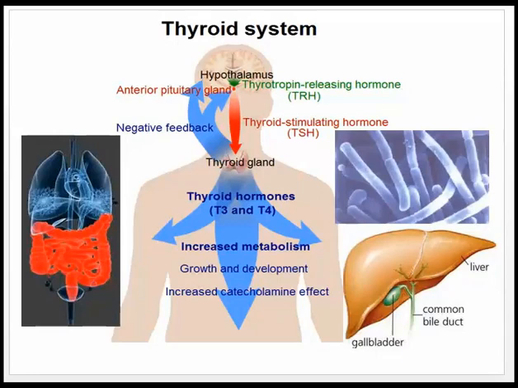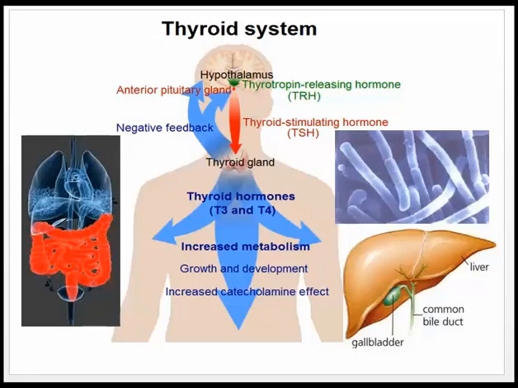And if you allow me to, just take a second to explain this slide. The details are not important, but I just want to show the complexity. Your brain produces thyroid stimulating hormone, which talks to your thyroid gland. Your thyroid gland then produces two types of thyroid hormones called T4 and T3. T4 is inactive, T3 is active. A small percentage of T3, the active form, is made in the thyroid.